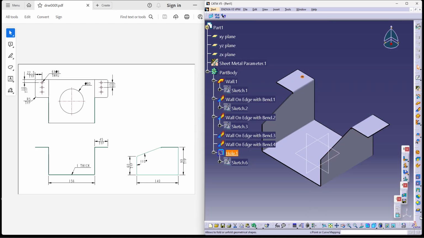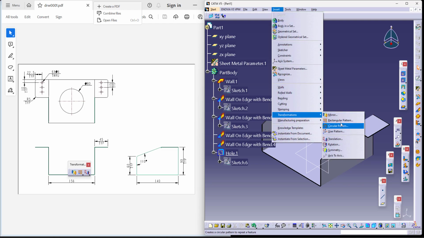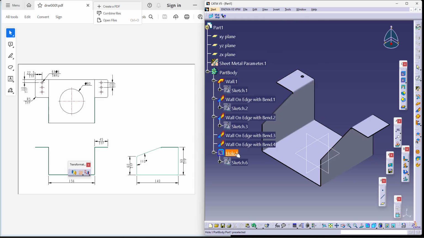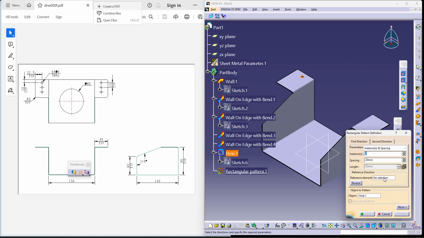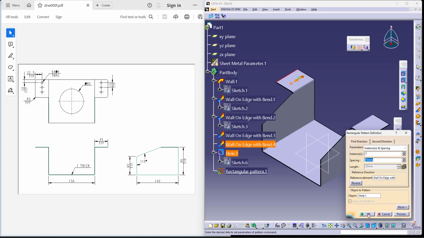We can create a pattern for it. Under insert, we do have transformation which has pattern over here. It's not in the toolbars over there. So under rectangular pattern, I can just select what it is that I'd like to pattern and then select the direction, as in which direction I'd like to create a pattern and how many copies I want. I want 3 copies with a spacing of 15 as shown. So I'll just try to give 15. Oh, it's over here. The transformation tab is over here. Okay, I'm so sorry. And say okay, since I want it only in one direction, I'm trying to use the